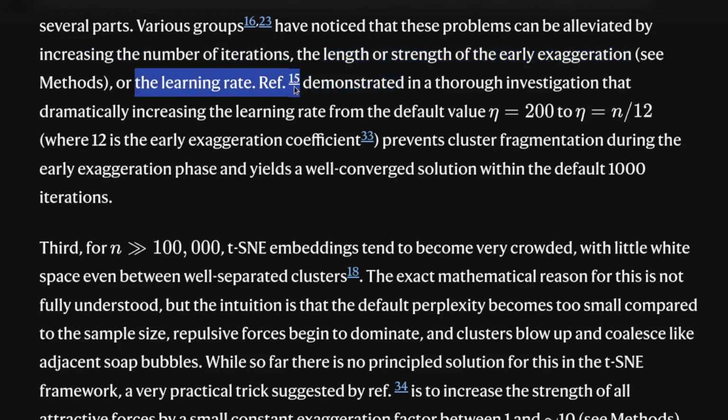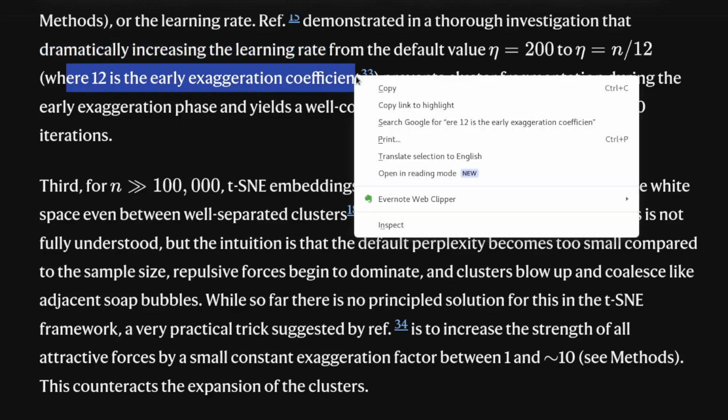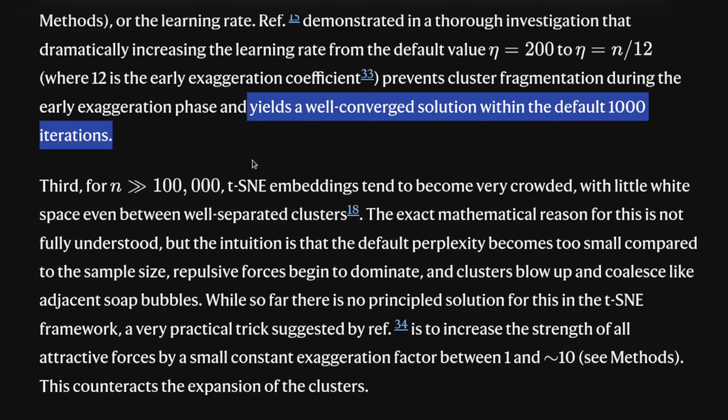Ref 15 demonstrated in a thorough investigation that dramatically increasing the learning rate from the default value to n/12, where 12 is the early exaggeration coefficient 33, prevents cluster fragmentation during the early exaggeration phase and yields a well-converged solution within the default 1000 iterations. Third,